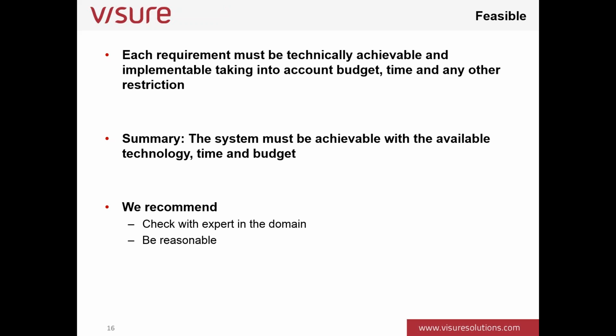So let's try to keep that out of the specification, because if we specify something that we know we are not going to be able to achieve with the current budget or time frame, the system is doomed. Maybe we finish it, but out of budget and out of time, and that is a failure for a project. So be reasonable and try to write down things that can be achievable with the current time, technology, and budget.